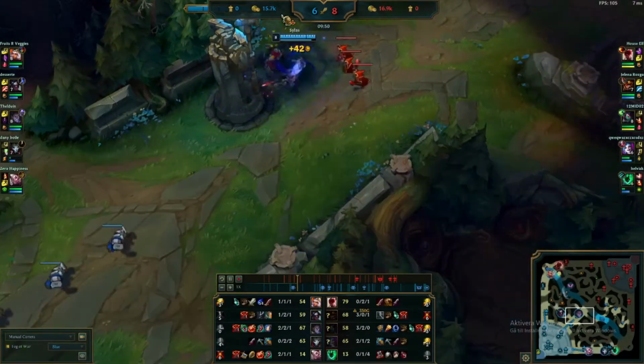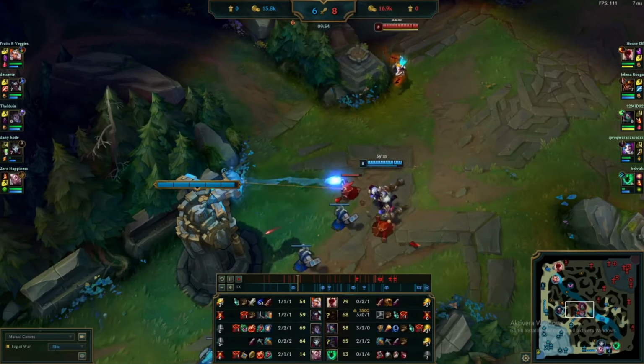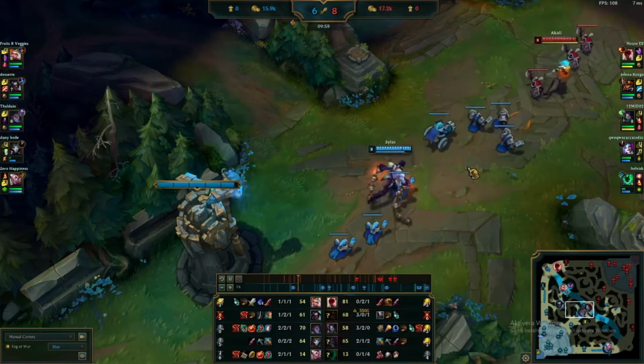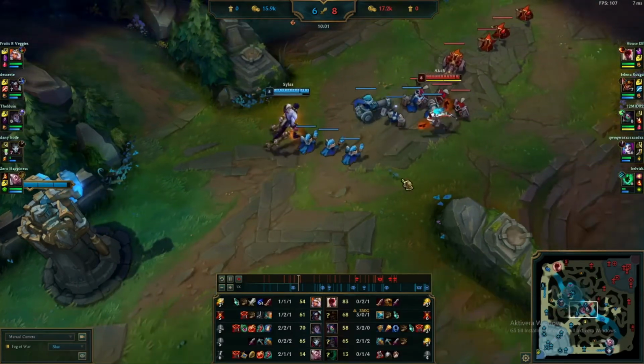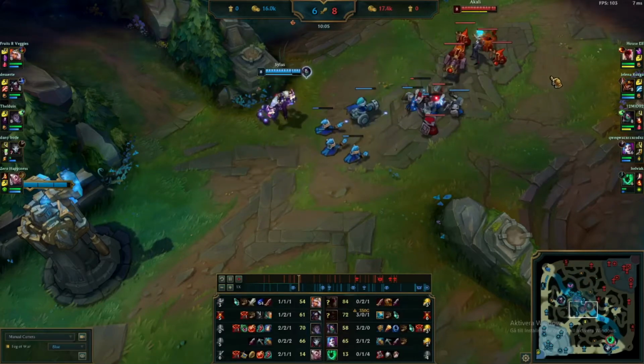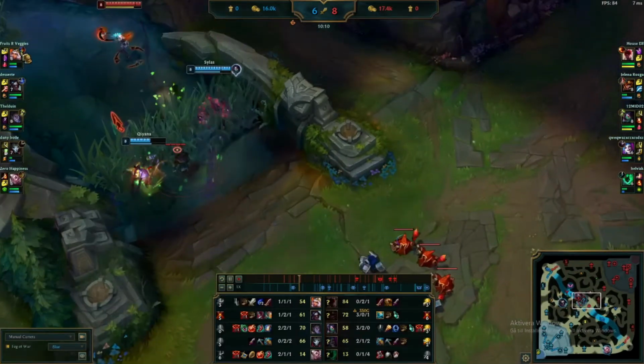Against Akali, I'm going for Everfrost. I see some Sylas are building Everfrost every single game, no matter the matchup. I actually think against immobile champs or melee champs, I'd recommend the Everfrost definitely, but against like control mages or mages in general...